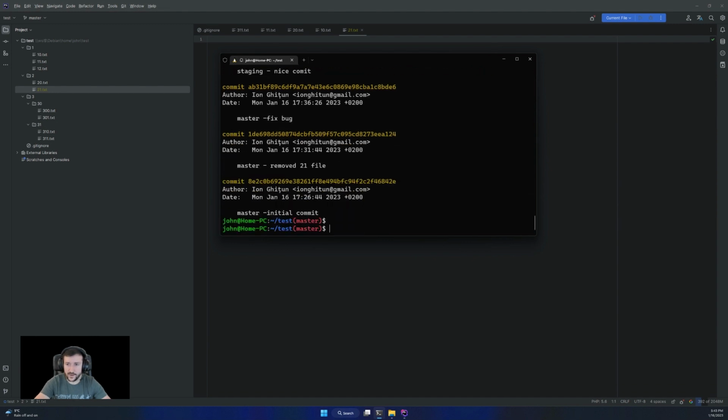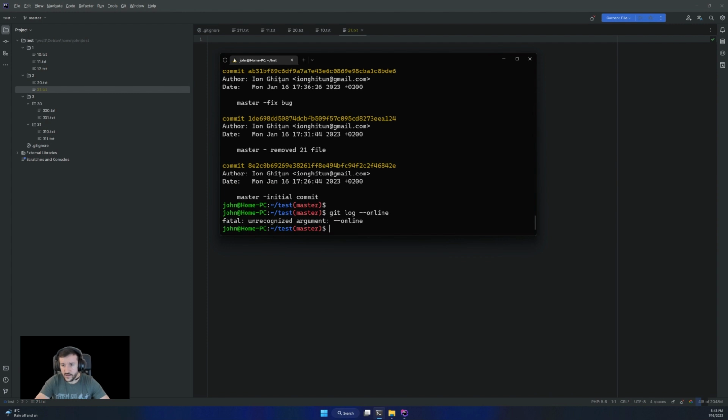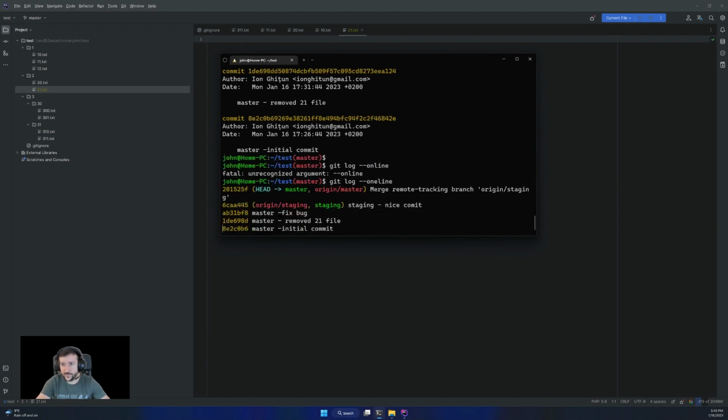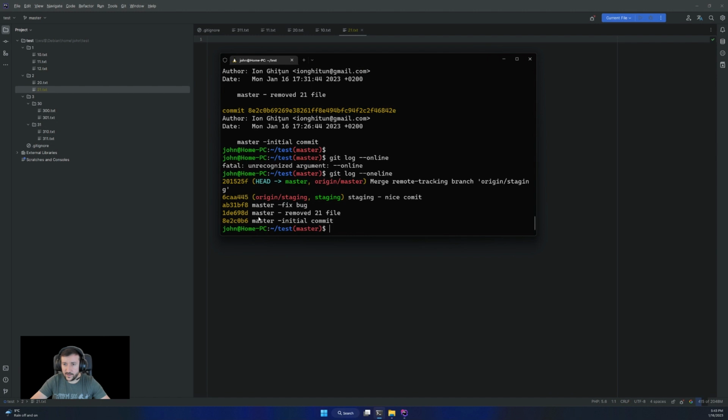Maybe let's go one line so we see it prettier. So we have 1, 2, 3, merge, and we have all these commits, right? Let's say I want to remove entirely this commit as if it never happened.